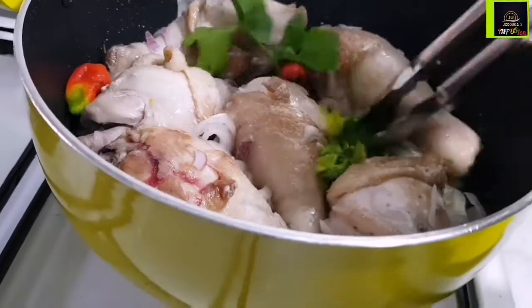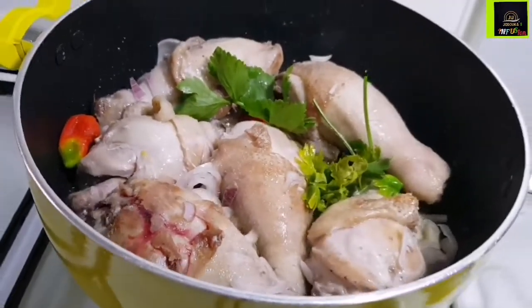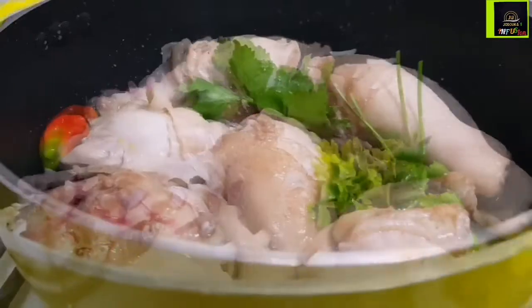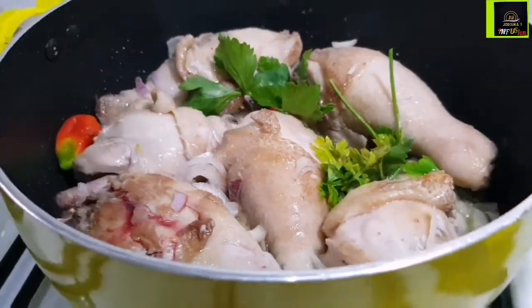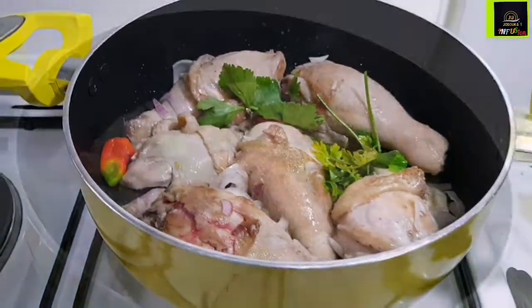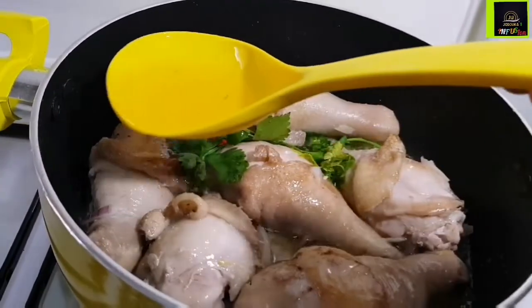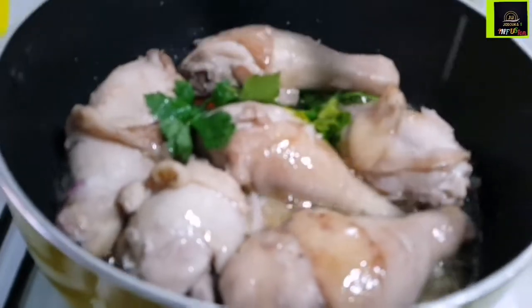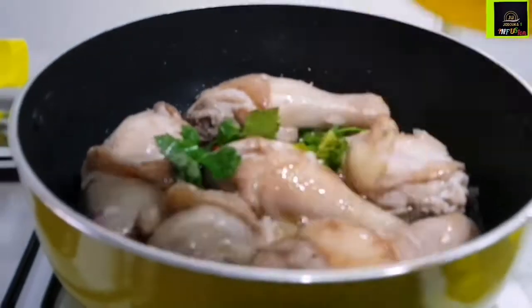You can see some blood beginning to seep from inside of the chicken. It means it's beginning to cook from the inside. That is what we want. I went in with some celery and some parsley leaves just to add some extra flavor, and I'm going to add some extra vegetable oil to enable our chicken to cook some more before